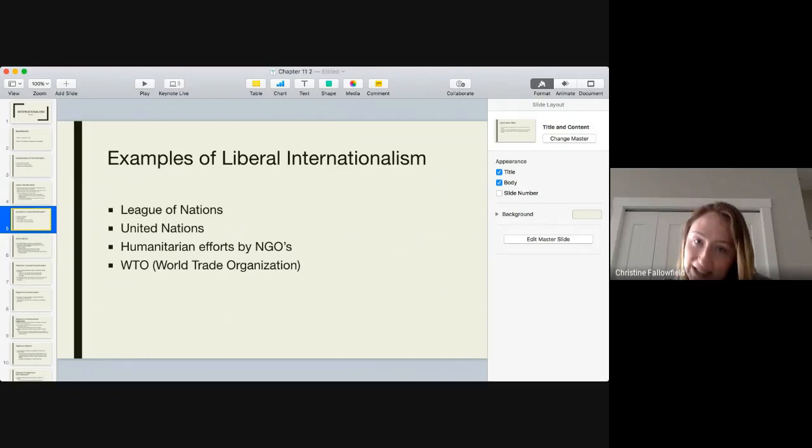Slightly conflicted, depending who you ask, depending on what perspective you take, the World Trade Organization exists as an example of liberal internationalism. We know that there have been some criticisms, but ultimately this organization was created to allow nations the opportunity to thrive through cooperation. So that is liberal internationalism